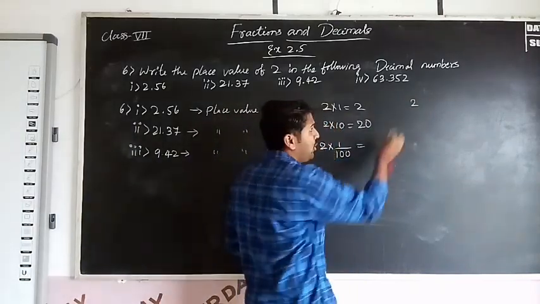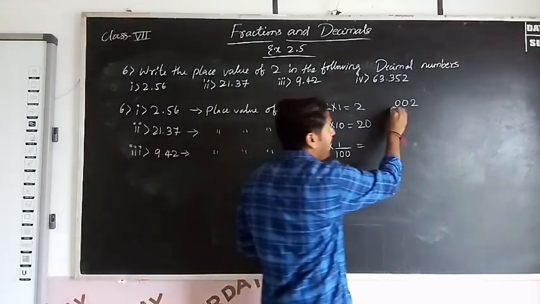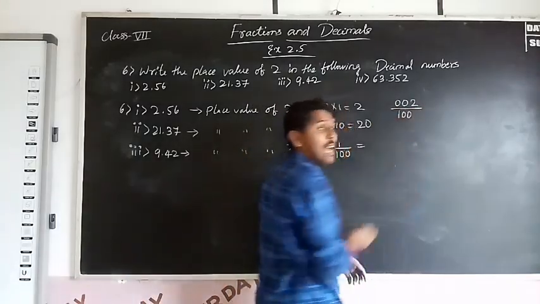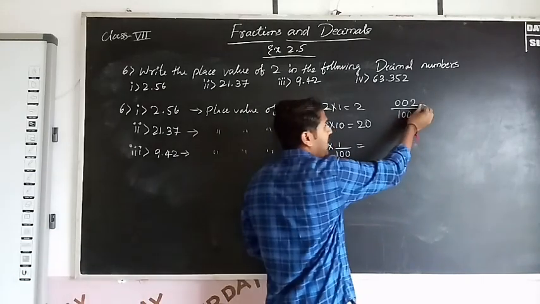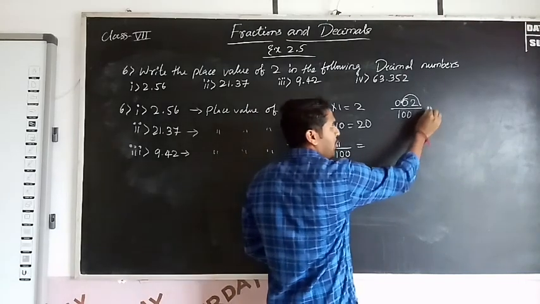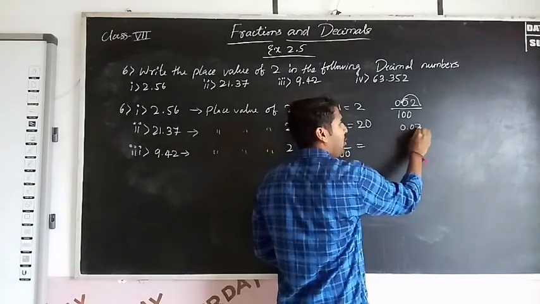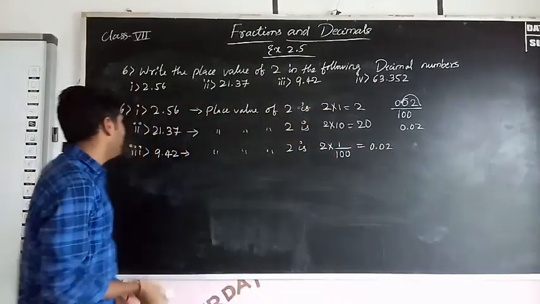So first here 2 is there. You want 2 digits extra. So 2 zeros, take it extra. So divide by 100. So here decimal number is here. Shift it to left side by 2 places. So what will be the answer? 0.02. So value is 0.02. So next fourth one,